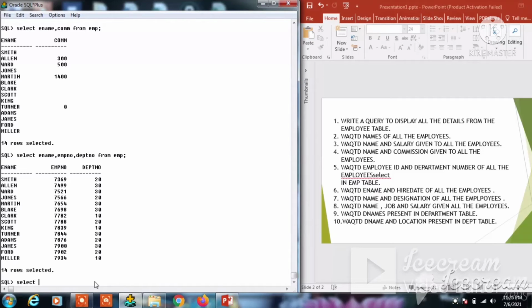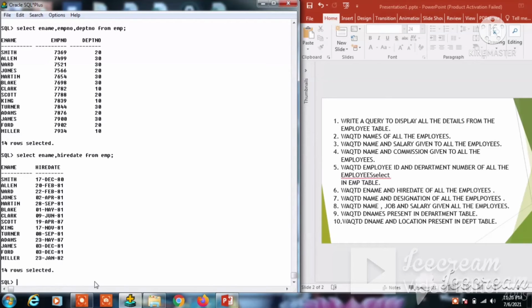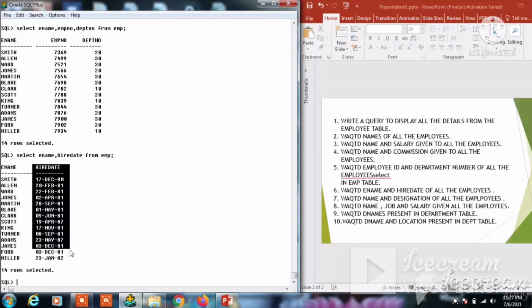So select ename, hiredate from the table EMP. You see the employee names and their hire dates, or joining dates. Smith joined on 17th December. So this is the query he wants.